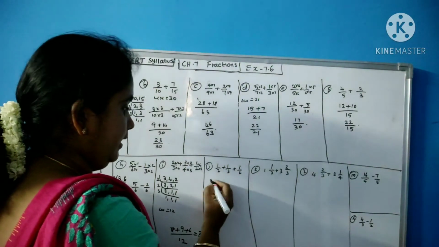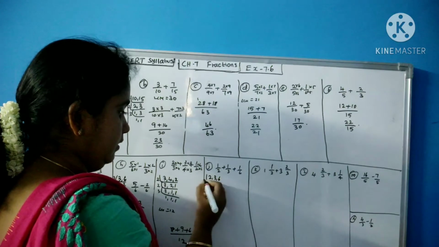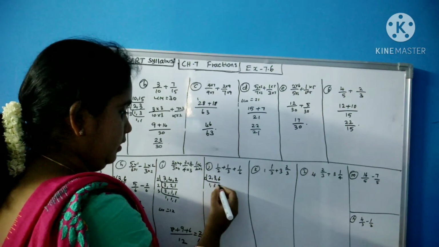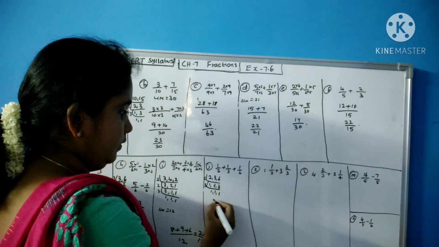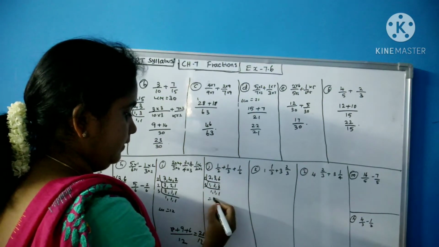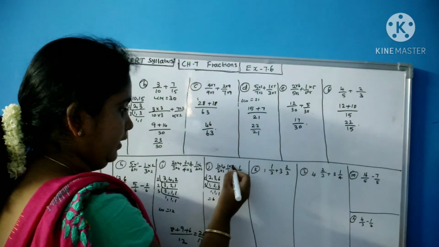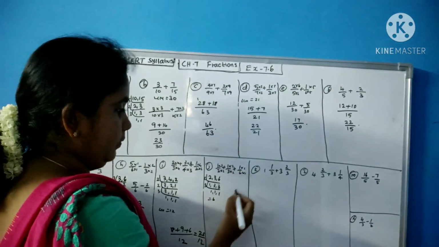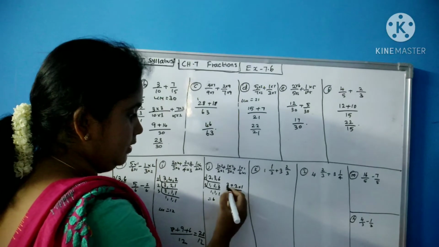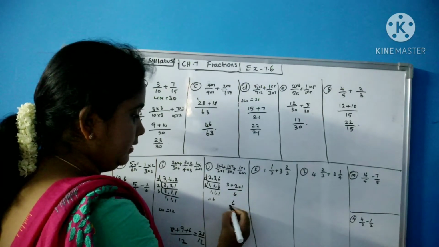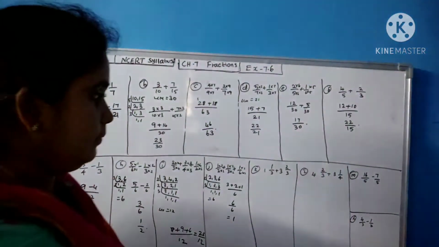Next sum is also having 3. So you take the LCM of 2, 3, 6. 2 table 1 2s are 2, 3, 3 2s are 6. Again 3 table 1 1 1. So what's the LCM? LCM is 6. So multiply 2 into 3, 1 into 3, 3 into 2, 1 into 2, 6 into 1, 1 into 1. So 3 plus 2 plus 1 divided by 6. So 5 plus 1, 6 divided by 6. So your answer is 1. Did you understand? Okay. Now we'll move on to the next sum.